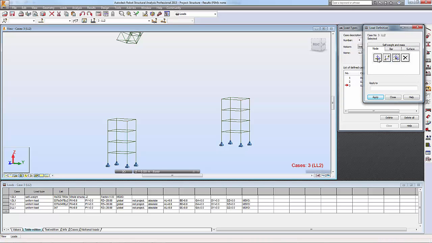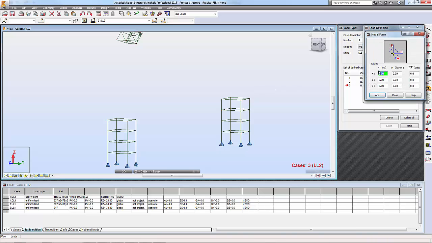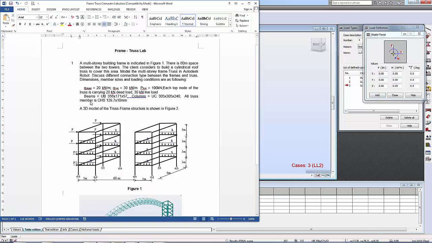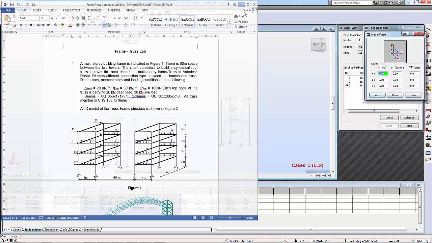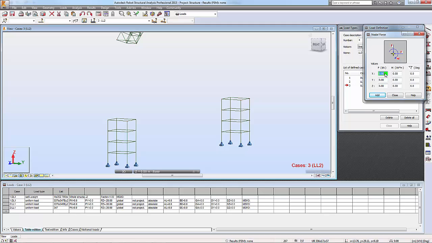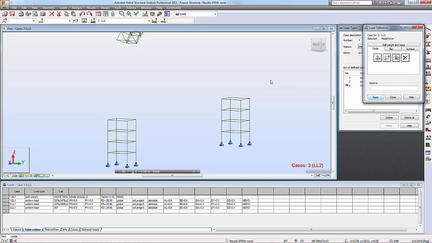This time is the point load only. So the point load is along the X direction, and then let's have a look at the loading. So you have that live load 100 kilonewton and half of it 50. So let's put in the X direction is 100. So for the top 2 story, so let's click on add, and then we need to maybe change this window